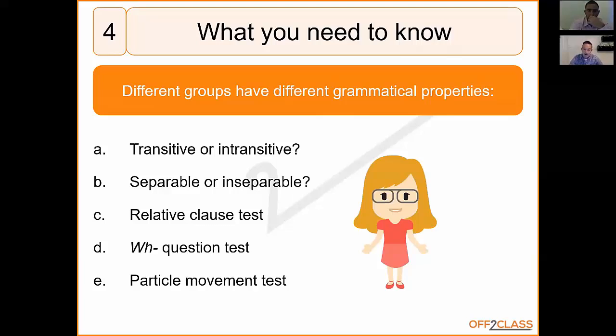As a teacher, I believe you would like to know the relative clause test and what we call the WH question test. These are, again, only relevant at higher levels, especially in academic writing, but they are certainly worth knowing so that you can at least advise the student about them. And then something which is quite important, which is the particle movement test, which is about whether you can move the particle or change places with the particle and the object. So I'll give you some examples of those. So here you have